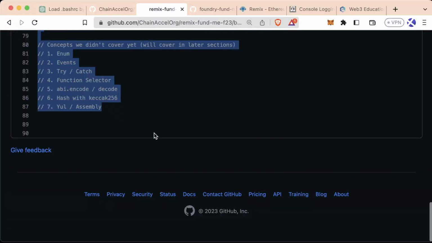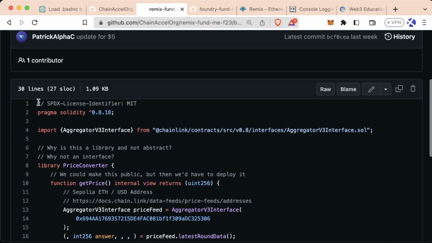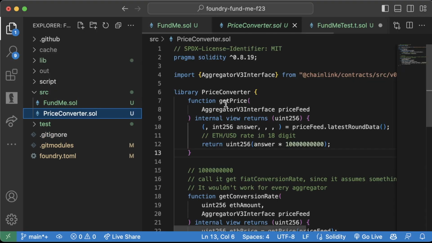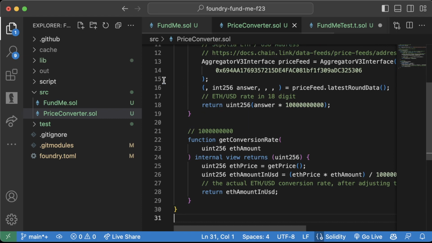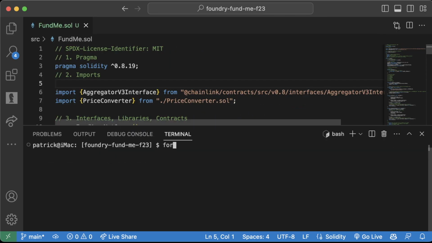paste it into fundme, and then go back. We'll go over to price converter. We're gonna do the same thing. We're gonna copy this whole thing. We're gonna make our price converter.sol, paste it in here like that. And all right, great. Now, if we try to compile this right now though, forge build or forge compile, you'll